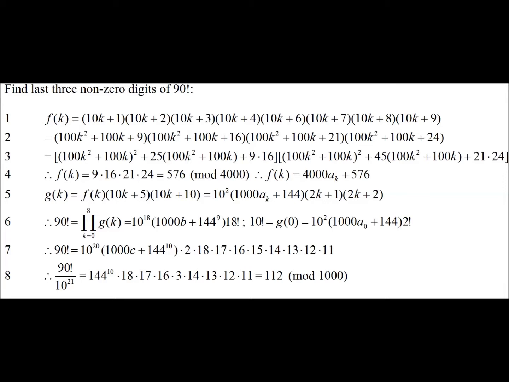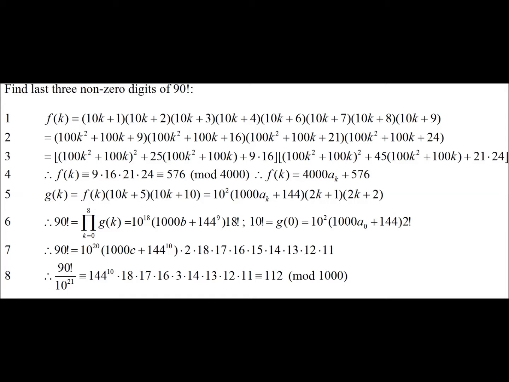After simple manipulations, like factoring and combining, g_k equals 10² times (1,000 a_k + 144) times (2k+1) and (2k+2). Here, a pattern emerges. 144, regardless of the value of k, surfaces as the last three digits, excluding (2k+1) and (2k+2). I meant earlier 576. Line 6 shows 90 factorial equals the product of the g_k's, k going from 0 to 8,